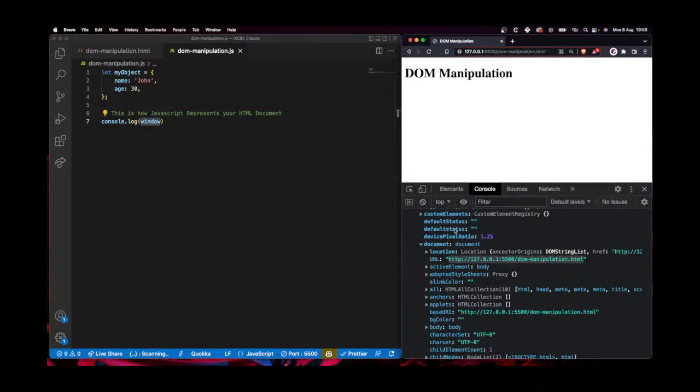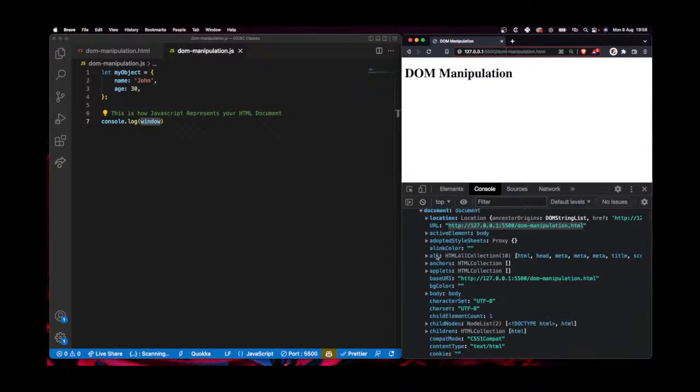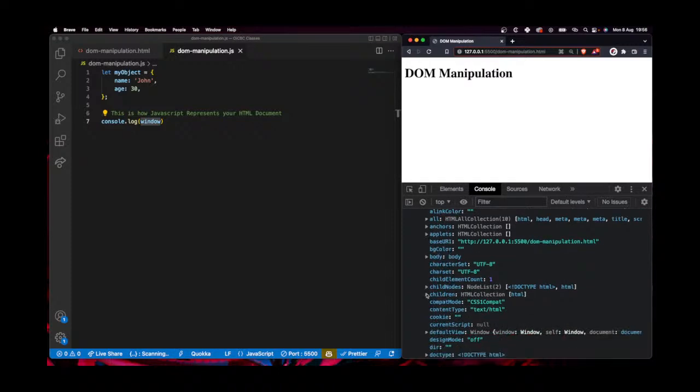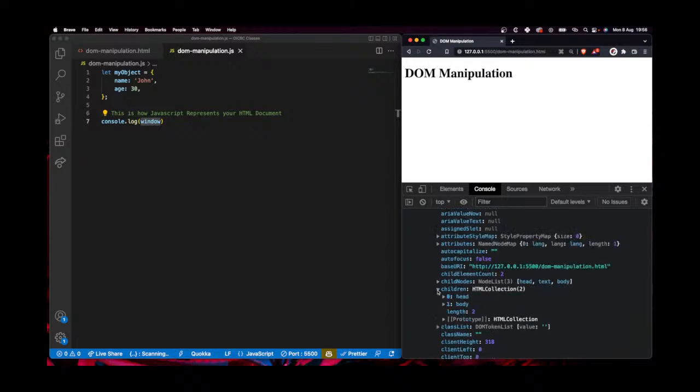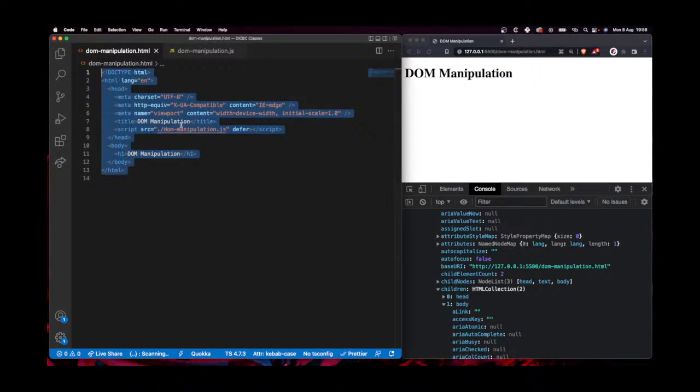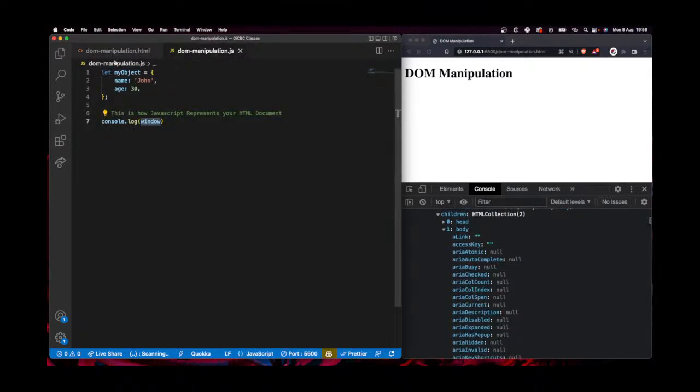the address. So if you inspect further, you would see a property inside of it that says children, and when you open the children, you see it has just one. It is an array basically, and when you open it, you see HTML, and inside of the HTML you would also inspect, and you see that the HTML inside of the document also has children, and we have the head and the body tag. And when you inspect the head tag, you see it is basically the head tag of our HTML document here. If you inspect the body tag, you would see it is the body tag of our